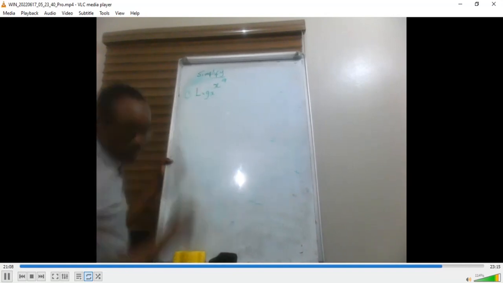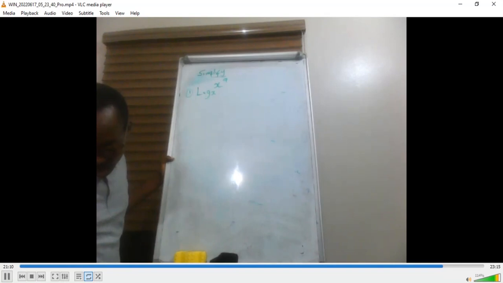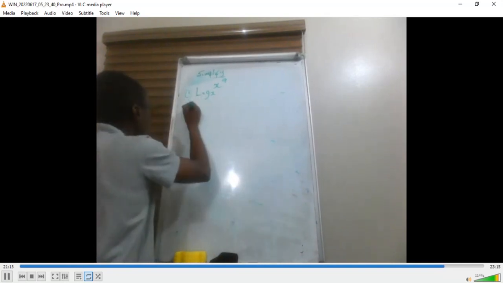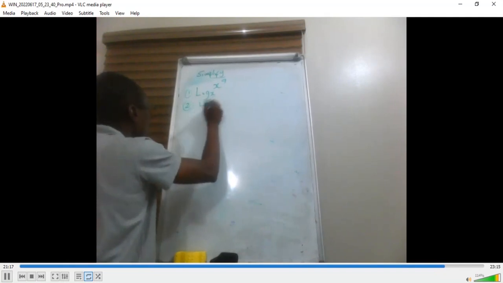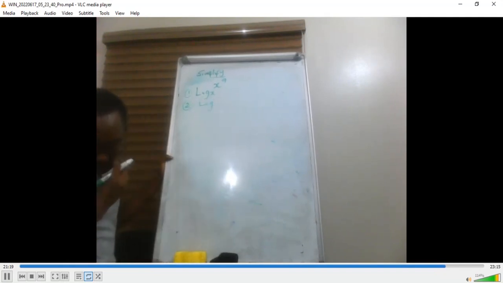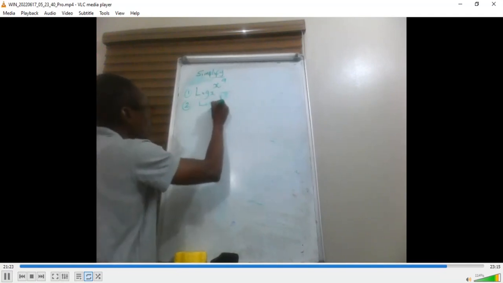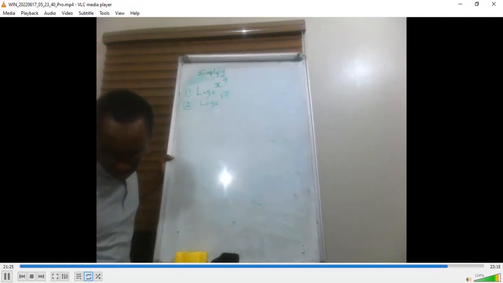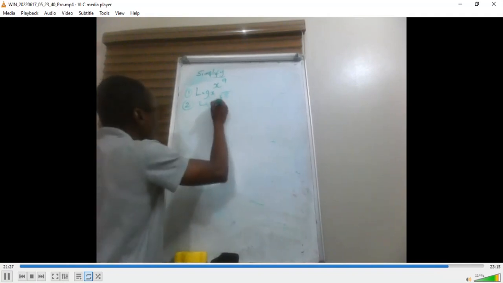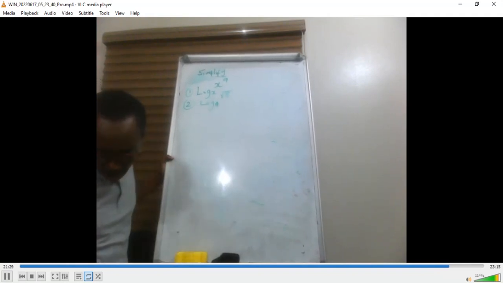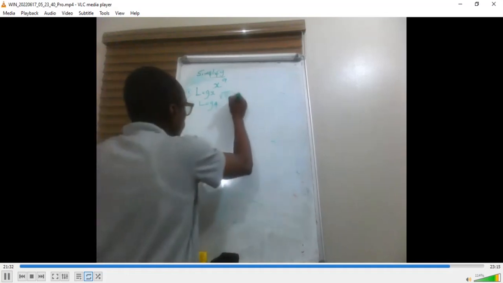This is the first one, and the second one is going to be simplify log root 8 to base 2 to base 4 plus